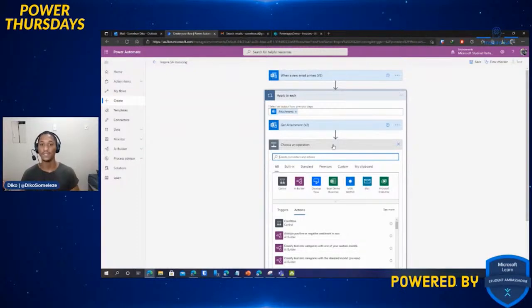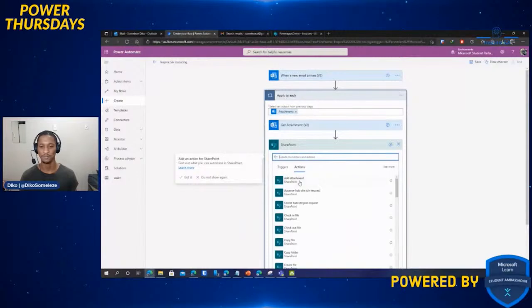What does that mean? It means for each of those attachments that are in that specific email, we need to create a file, or an attachment that is almost mapped to the same attachment that comes from the email onto the SharePoint. That's what we have to do. So what we have to do now is to search for SharePoint, then connect to SharePoint. I know one of my colleagues, Yolanda, doesn't like me using SharePoint almost every time. You'd think that we'd use add attachment, but we're actually creating a file. We're not adding an attachment,